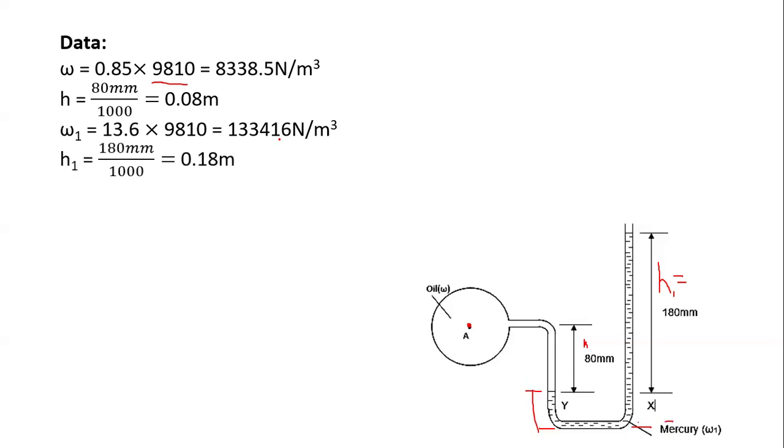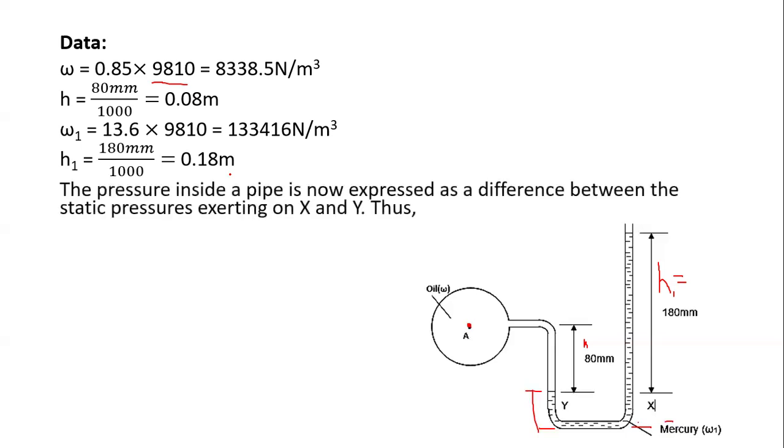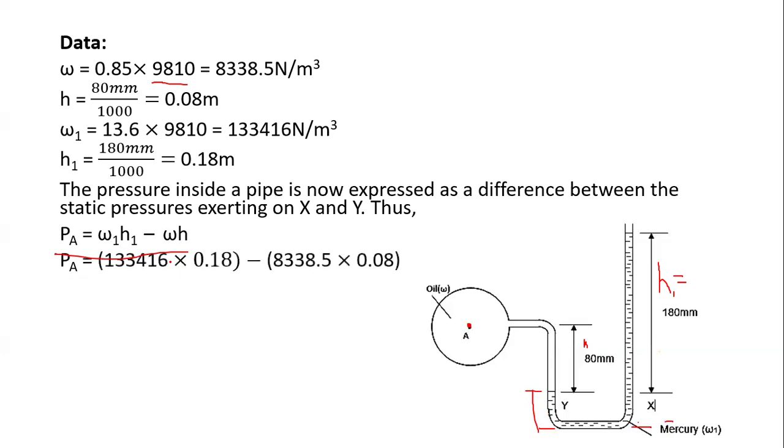So here we also convert h1, divide by 1000, we have 0.18. Then what do we do next? We go back to this at point Y. My pressure is specific weight times height plus PA. Then this other side is specific weight times height. When we make PA the subject, like you saw in the expression we had for a U-tube, we ended up with omega-1 h1 minus omega h. So we can just substitute. Omega-1 is this